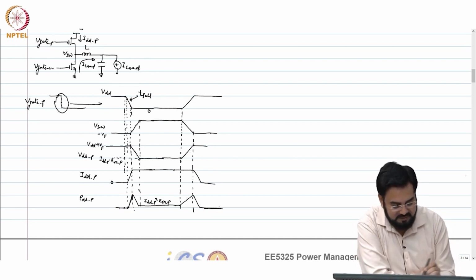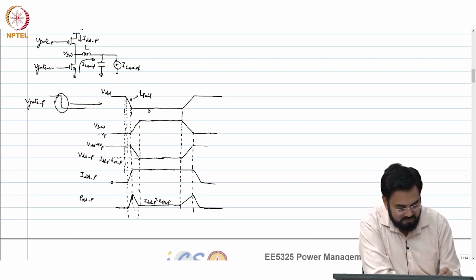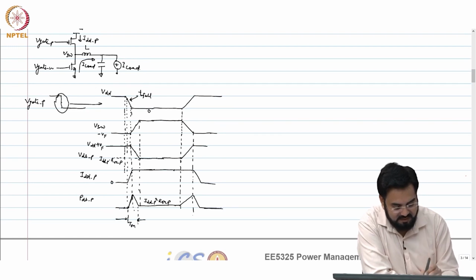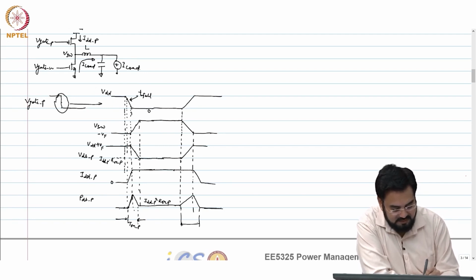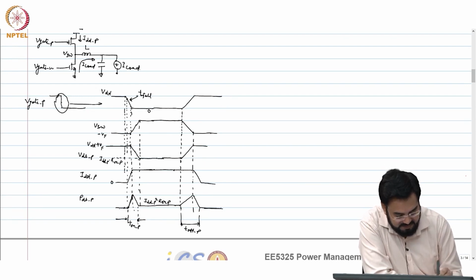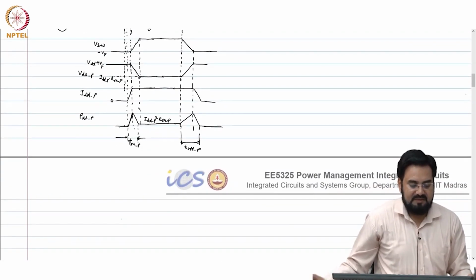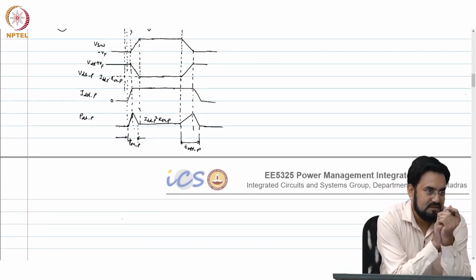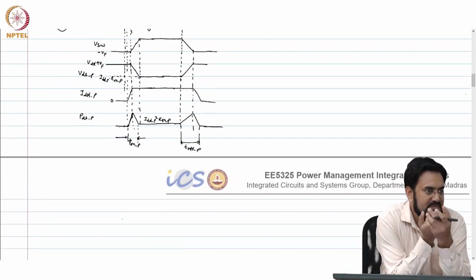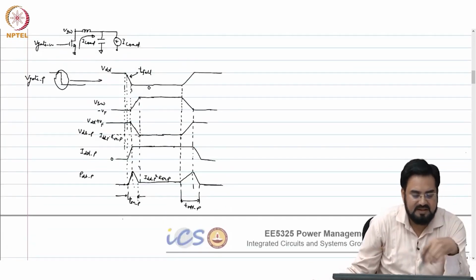So, if I call it T rise or T on, let us say this is the turning on, T on P, and this is T off P. Let us make it small. Okay. So, they may be different, T on and T off might be different, because your rise and fall of the gate might be different,